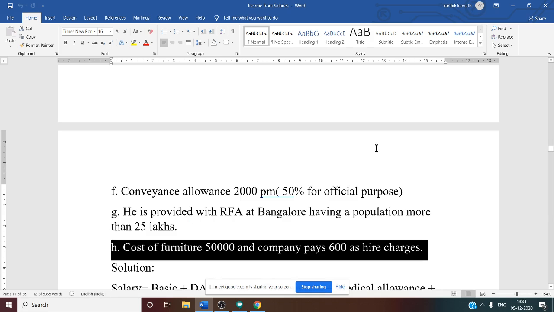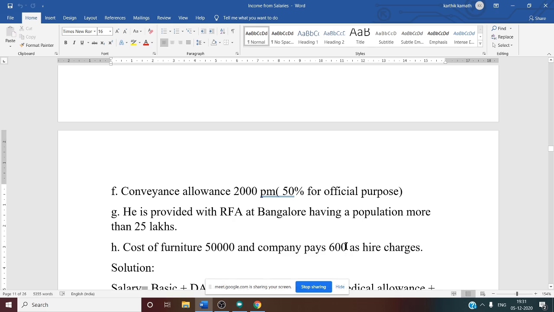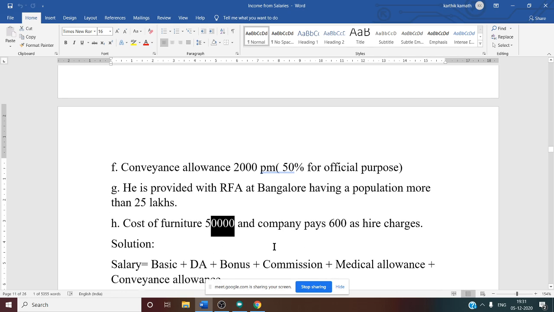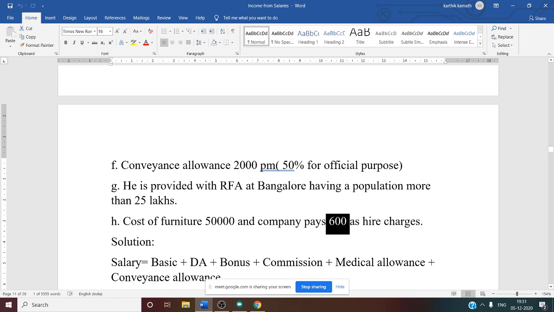Which one we should consider now? 600, sir. 600 hire charges. Yes, 600 hire charges we should consider and 50,000 we should not take. So this 600, whether this is per month or 1 year,